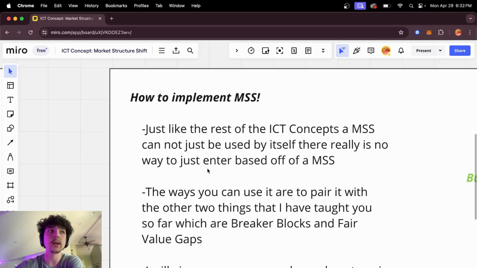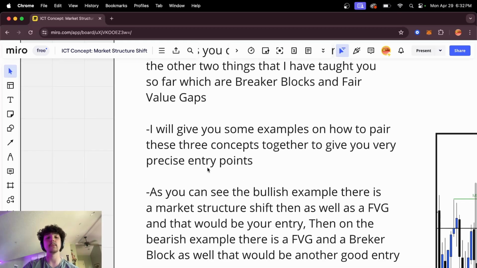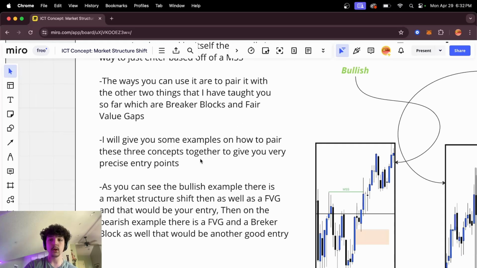I'm going to show you a cleaner way to get entries. So the ways you can use it are to pair it with the other two things that I have taught you so far, which are breaker blocks and fair value gaps. I will give you some examples of how to pair these three concepts together and give you very precise entry points. So if we go over here, we have our